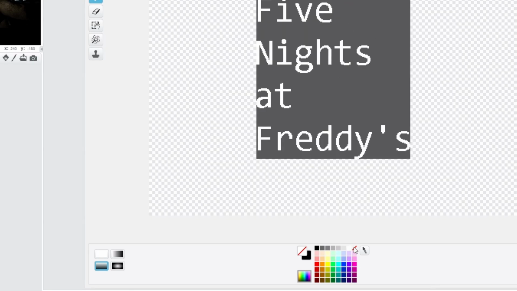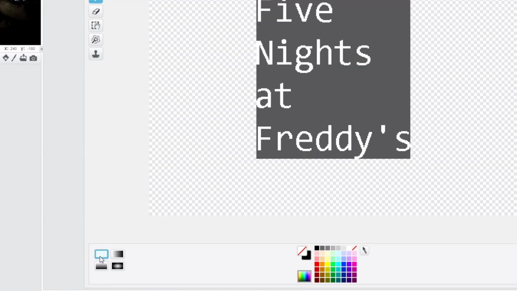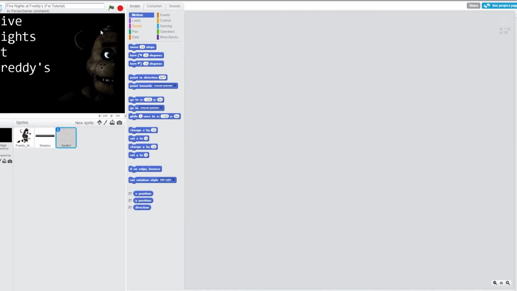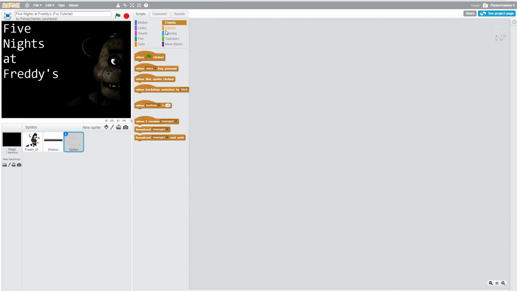You just need to select the translucent thing and fill those gray parts out. Wait, I still had that selected, so select the normal one and just fill out the gray ones with translucency, and then you should be alright. So that's a little big because